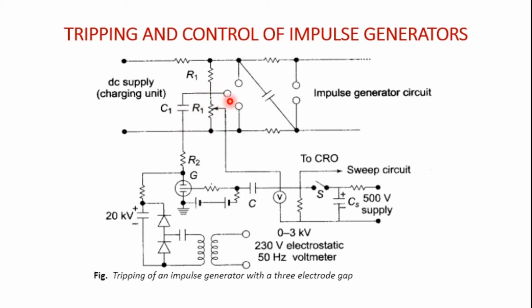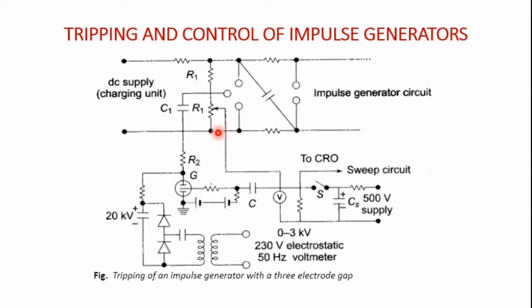Hence the voltage between the central electrode and the top electrode is above the sparking potential. So conduction takes place, which initiates the formation of sparking between these 2 electrodes,